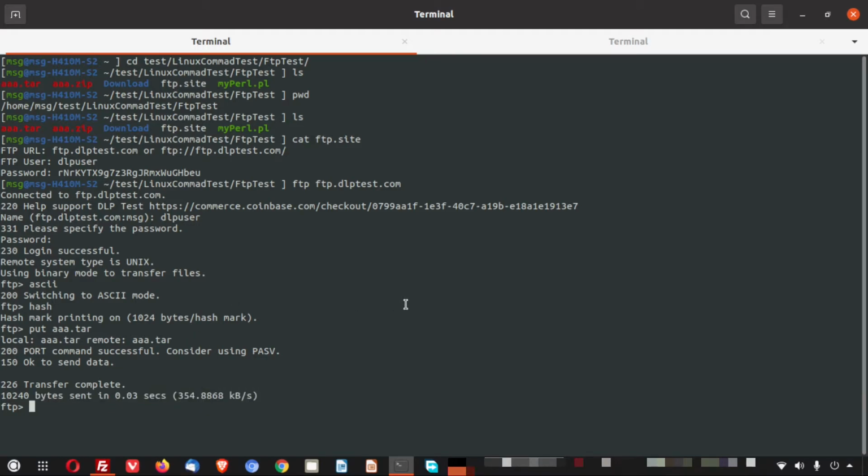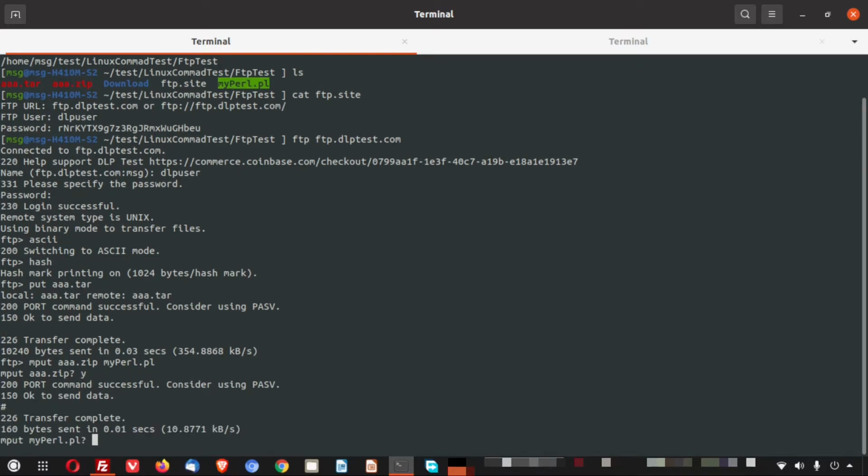Now if I want to put multiple files in the server, I will use mput. Now I will copy two files, that means this zip file and this Perl file here, and I will hit enter. It is asking whether I should go ahead and put it. I say yes, and it starts sending. The transfer is complete for the first file.